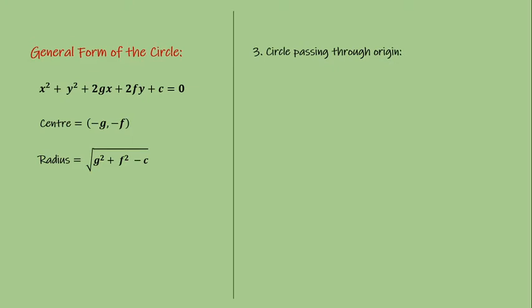Now the third point is, what if the circle is passing through the origin? So try to understand, the circle is passing through the origin. In this equation, if I replace x and y by 0, 0, then all terms become 0 except the c. So the left hand side is simply c and the right hand side is 0. Now if c is 0, the equation of the circle becomes x square plus y square plus 2gx plus 2fy is equal to 0. So it means that for a circle passing through the origin, the constant term is absent in its equation.